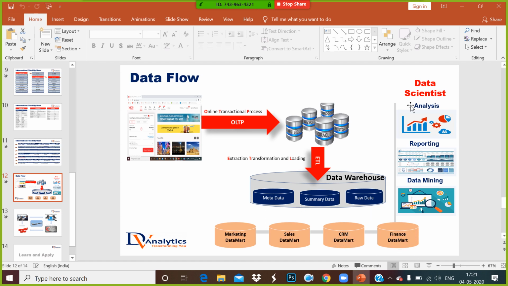Now this data goes and is analyzed. You know how many data scientists are required? A data scientist for the marketing team is required, a data scientist for the sales team is required, a data scientist for the CRM team is required, a data scientist for the finance team is also required. So data scientist is a role which is aligned to each and every department. It is not only one guy who will work across every tool. Each and every department has multiple data scientists working for them. Understood, guys?